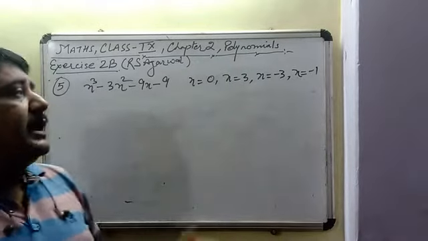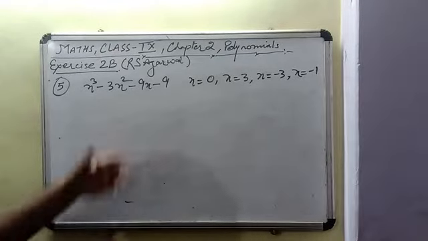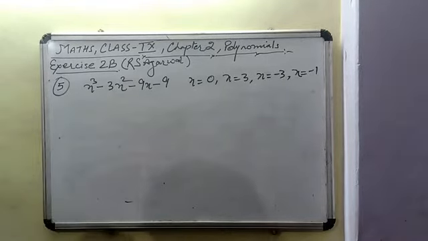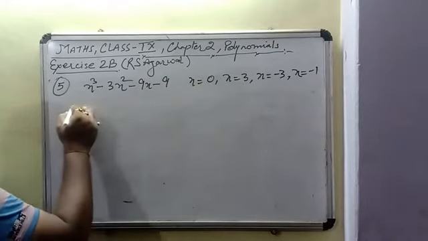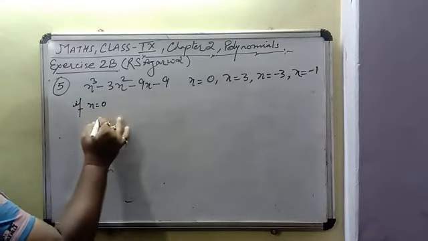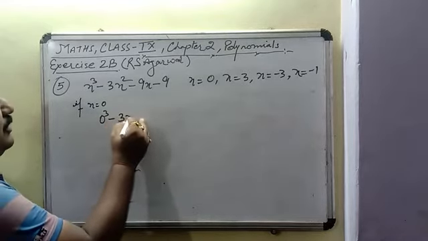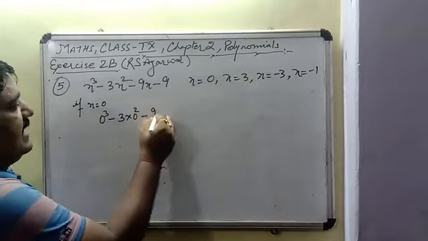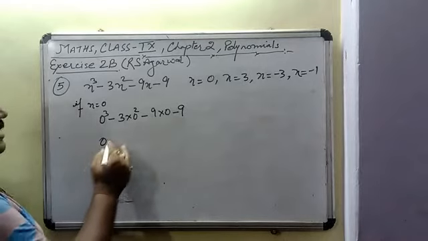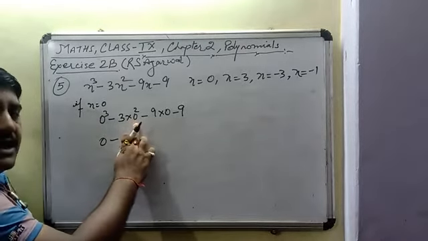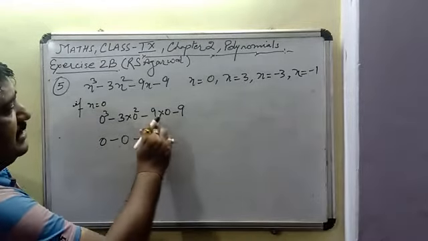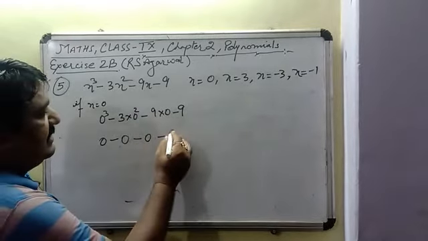जीरोस का मतलब x की ऐसी वैल्यू जो किसी पॉलिनोमियल में रख दी जाए तो वो पूरे पॉलिनोमियल को जीरो बना देती है. Now coming on to the first value, we are going to put x equals to 0 in the given polynomial. So this is 0 cube minus 3 into 0 square minus 9 into 0, and this is minus 9. 0 cube is 0, minus 0 square is 0 and into 3, then also it will become 0, minus 9 zeros are 0 minus 9.